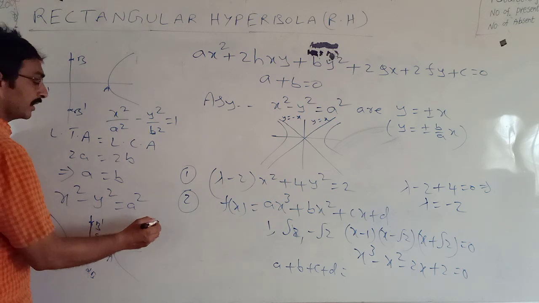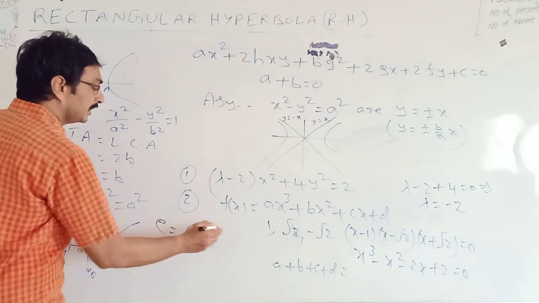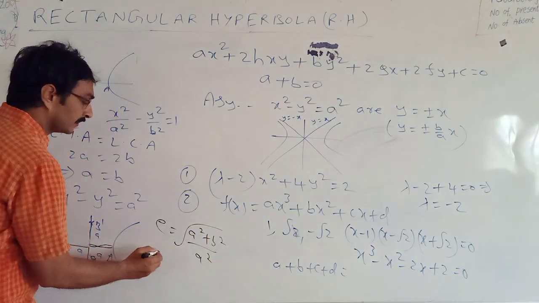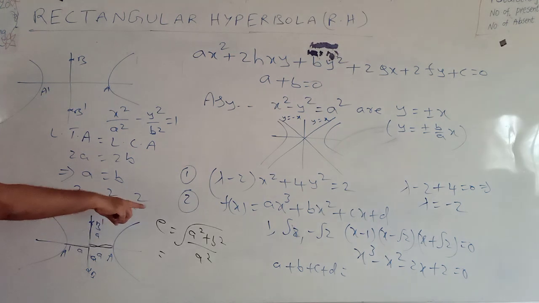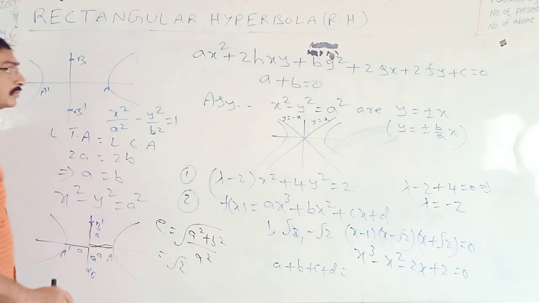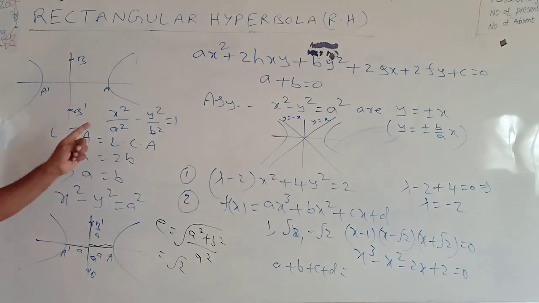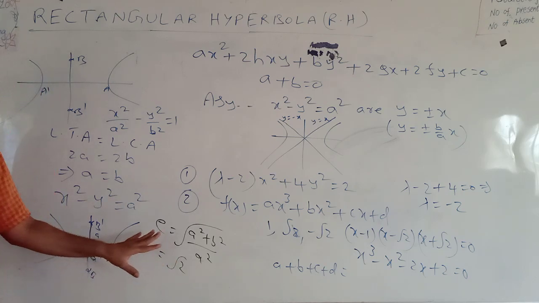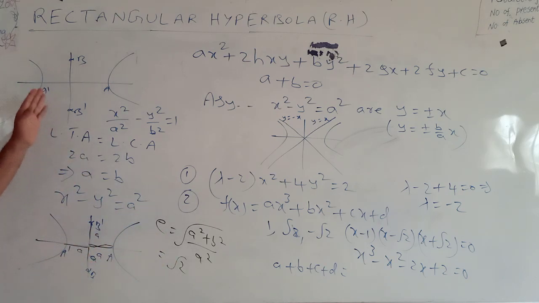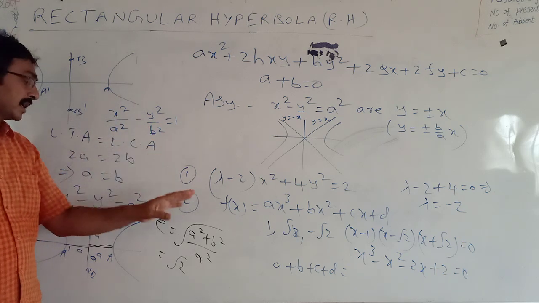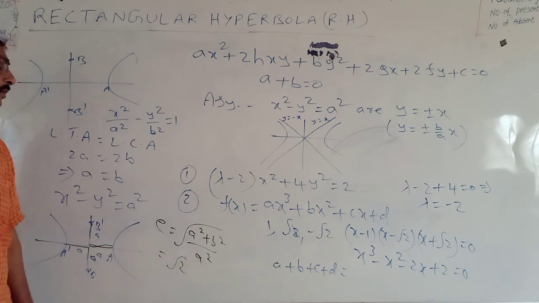These four gaps are the same, A and A. And the formula for eccentricity of hyperbola, e equal to root of a square plus b square by a square. In rectangular hyperbola, a equal to b. If a equal to b, that value is root 2. So learn this by heart: eccentricity of rectangular hyperbola is root 2. We can use this on both sides. That means a hyperbola is a rectangular hyperbola if and only if the eccentricity of the hyperbola is root 2.